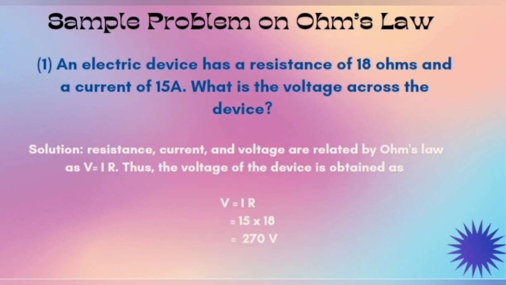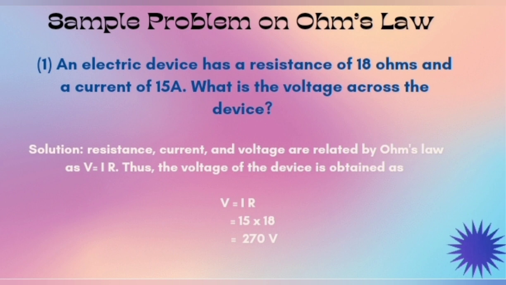Now let's have some sample problems on Ohm's law. Sample 1. An electric device has a resistance of 18 ohms and a current of 15 amperes. What is the voltage across the device? Solution. Resistance, current, and voltage are related by Ohm's law as V equals IR. Thus, the voltage of the device is obtained as V equals IR. The value of I is 15 amperes multiplied by 18 ohms, which is equal to